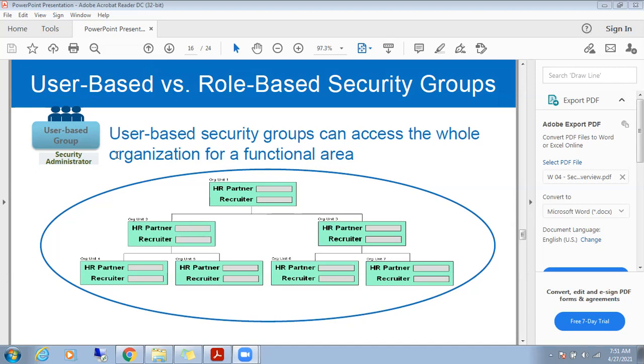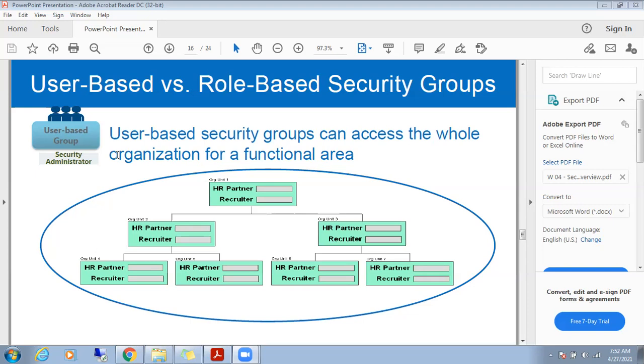Correct. For example, in this 100 there are three teams: team A, team B, team C. All these members have only one IT admin, nothing but user-based. So whatever issues team A, team B or team C gets, he will be the only one resolving them. Yes or no?